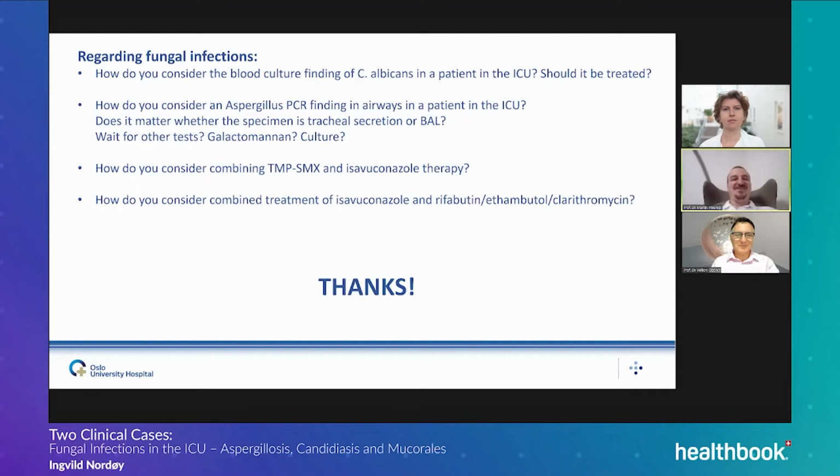Thank you so much, Ingvild, for a spectacular case, highlighting, I think, something we learn more and more, that often there's not only one fungal infection, but sometimes there are two. Whether it is pneumocystis and Aspergillus, so that's also something we've seen in Graz, in an HIV patient. And then we have also Aspergillus and mucorales that often co-occur, and other fungal infections that occur as well. So the patient may very well also have candidemia. So I think it's a very important case.